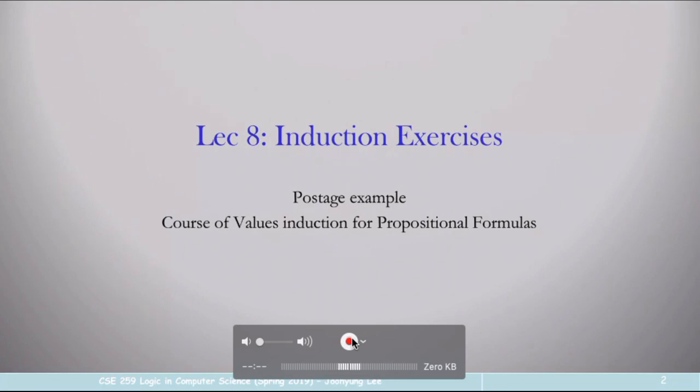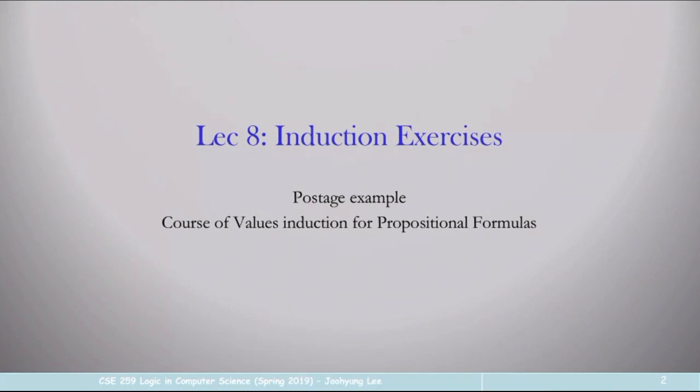As you notice, I usually write homework problems based on the lecture materials. So if you don't pay attention to the lectures, you may have a hard time doing the homework. If you understand what is going on in the lecture, it should be a piece of cake, I hope. All right, so